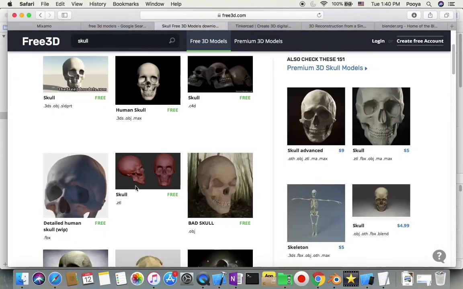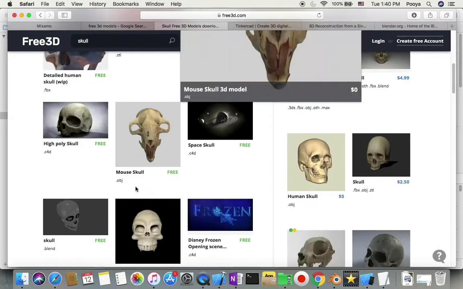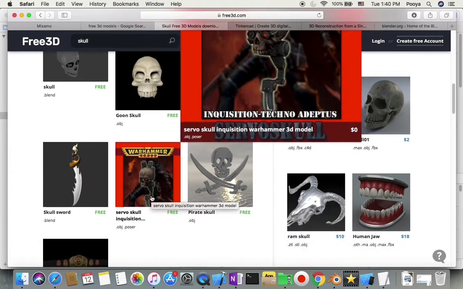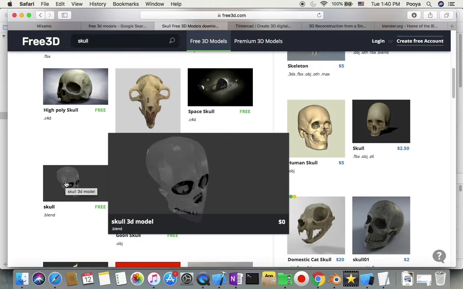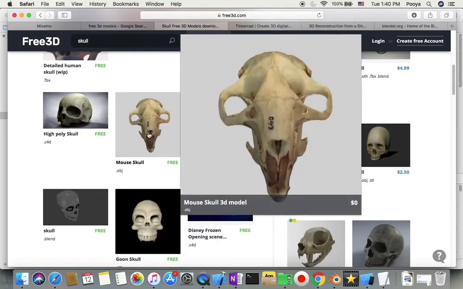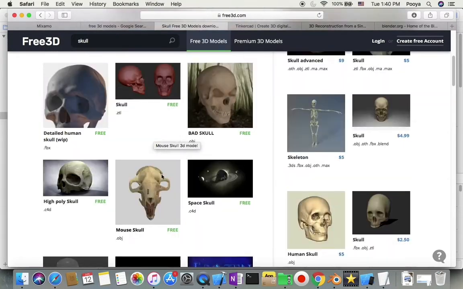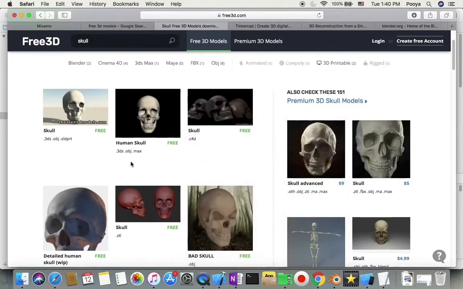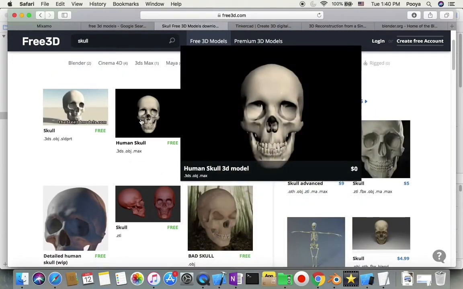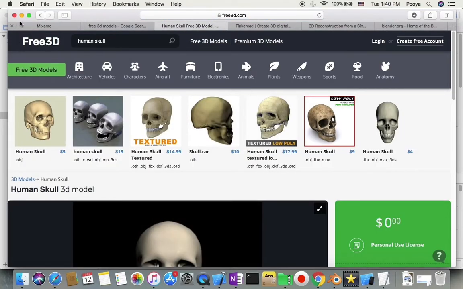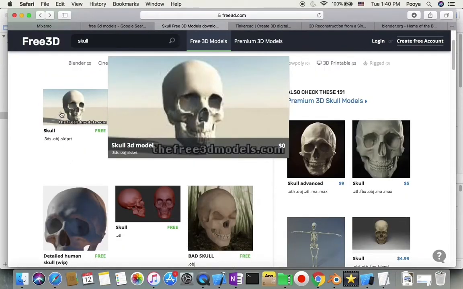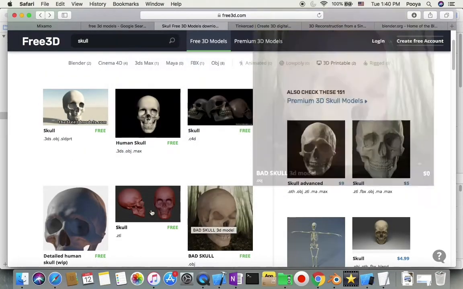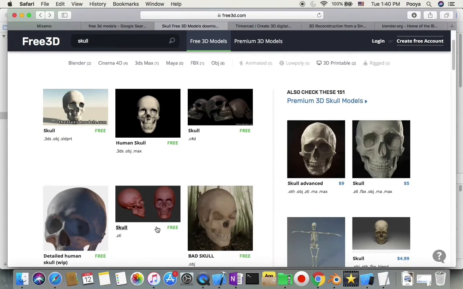Okay, and here we have some free 3D models of skull, and you can choose either this one, good for Halloween, or this one for animals. I think the one I downloaded was this one, or maybe this one. Anyway, I have it already downloaded. You can try others and see how they are. Depending on the